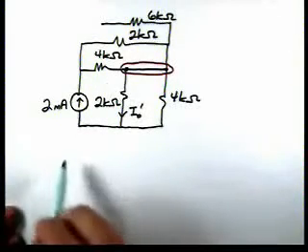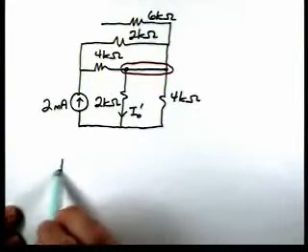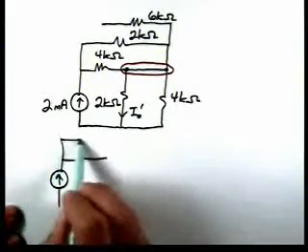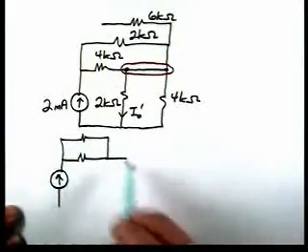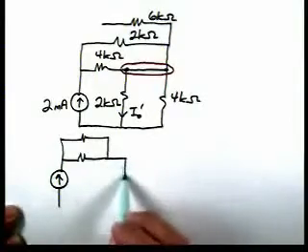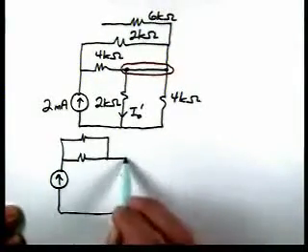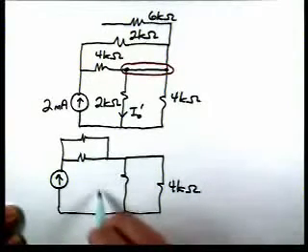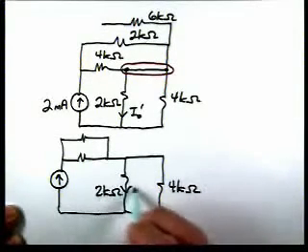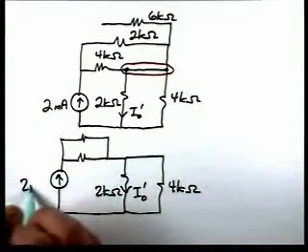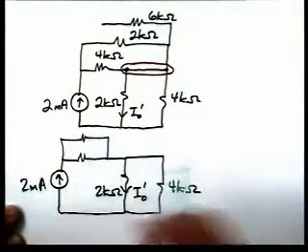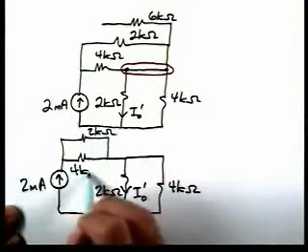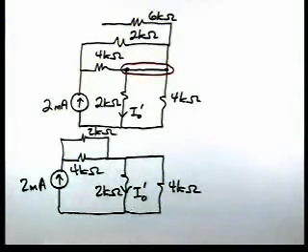So now let's redraw the circuit a little bit differently so that we can see. This is the current I0 prime, 2 milliamps. Okay, by Kirchhoff's current law,